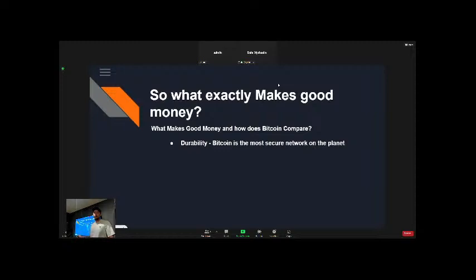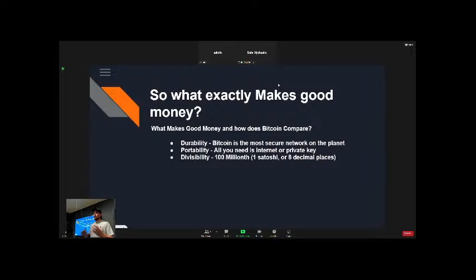It's very durable. And just a note on that as well, it would take a crazy amount of shutting down internet and computers to destroy the network. Again, because of its decentralized nature, there's no single point of failure. Portability, all you need is the internet or your private key. So as long as you have your cell phone with you or have access to a computer, in theory, you can use Bitcoin, you can bring it anywhere with you.